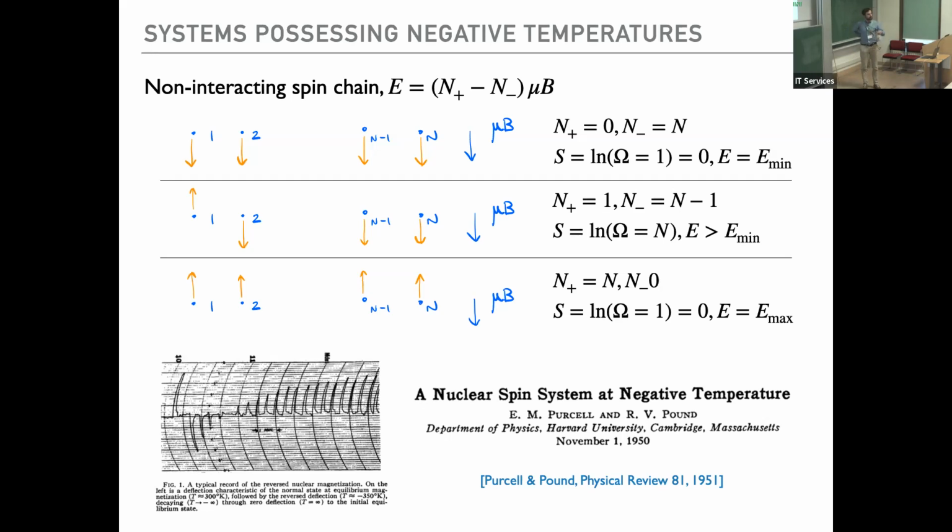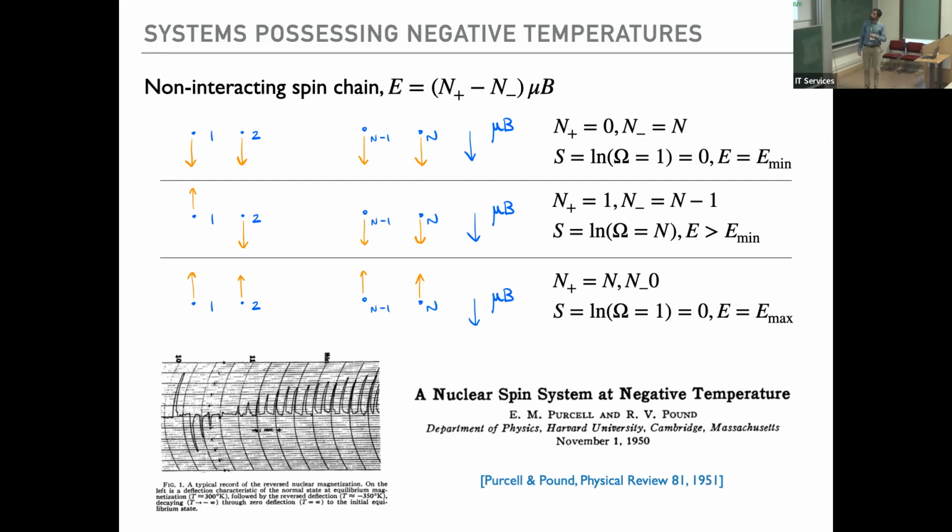And now let's suppose that we keep doing this game of swapping another spin, and so on. At some point, we would have swapped all the spins upwards. Clearly, now the energy is maximal, but the entropy is again equal to 0 because there is only one configuration in this case. So I hope that I convinced you that this is a system where the entropy is maximal after a while, and then it decreases again versus the energy.